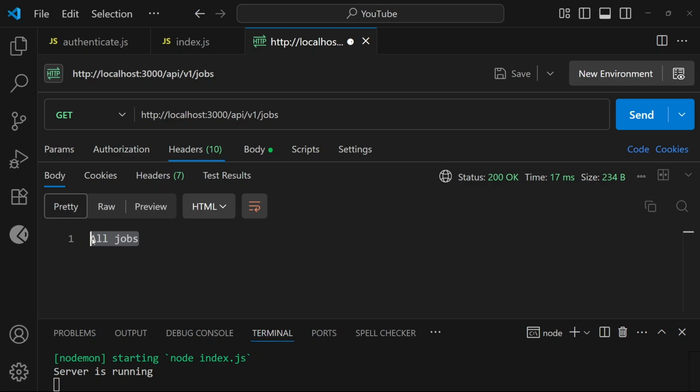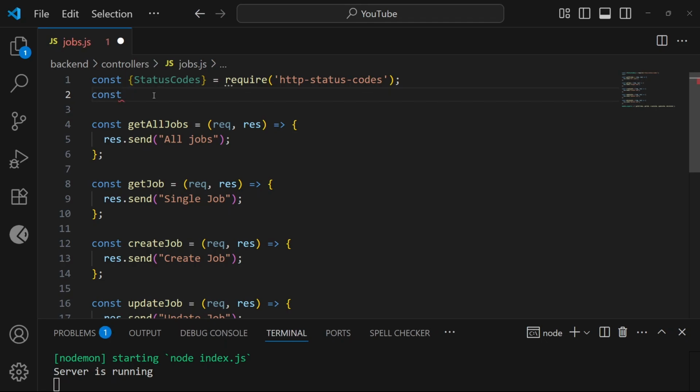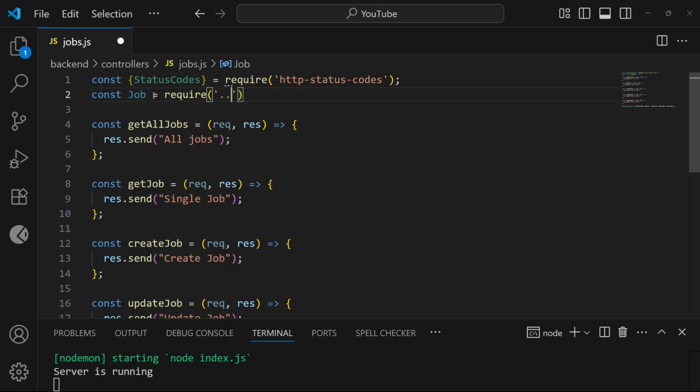The next section is going to be actually defining the jobs controllers. So we're going to head to the jobs controllers. Before we start working, there are a couple of things we need to import. The first is going to be status codes. The next thing we need is our job model, which we have not defined yet. So we're going to head to our models folder and we're going to define our job model. But first we can actually just import it here,